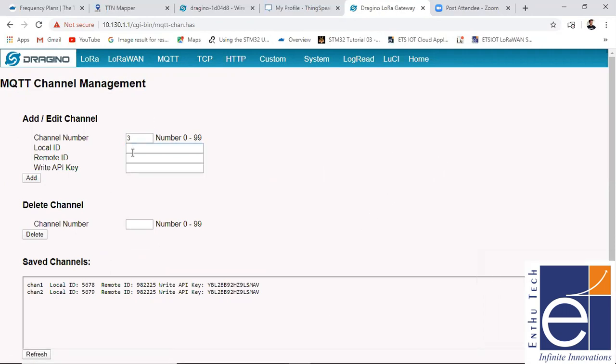So we'll take this local ID, which is nothing but your node ID. We can take it from the node itself. So I'm just giving my node ID here. Then afterwards my remote ID. So here I need to put my local ID. Local ID is nothing but our node ID, which we can take from our coding itself.